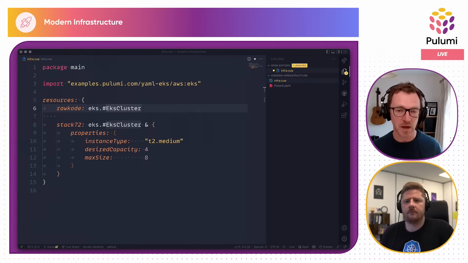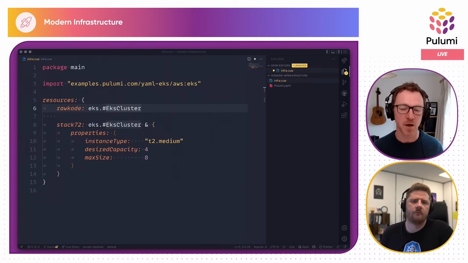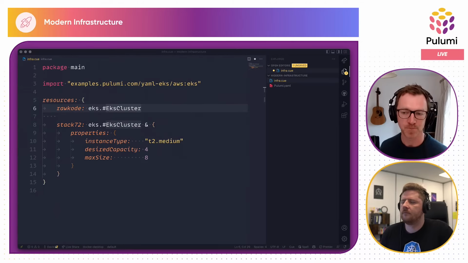So yes, Q can be used as a policy specification language, and we're looking to make some improvements to the language to make that easier. And it would sit very nicely and fit side by side with exactly this kind of usage that David has here. And David wouldn't even need to worry about it. That policy is like a concern or an aspect that comes in from somewhere else entirely. Nice.